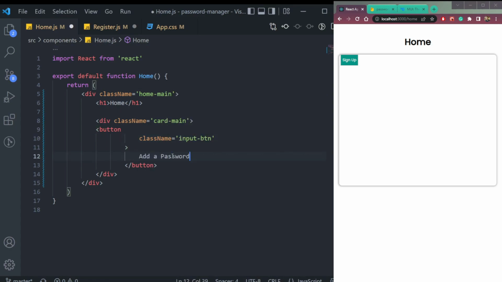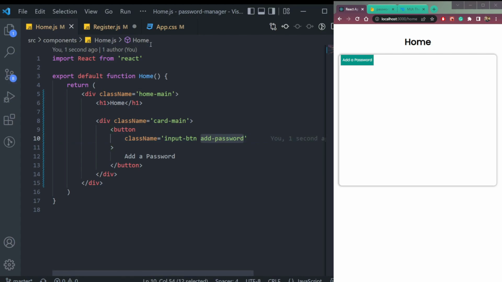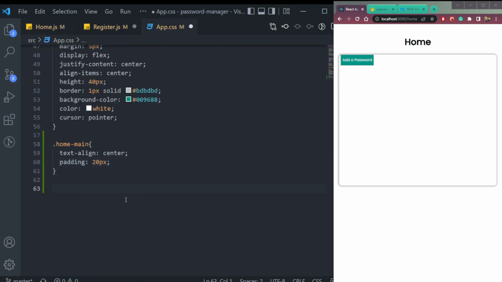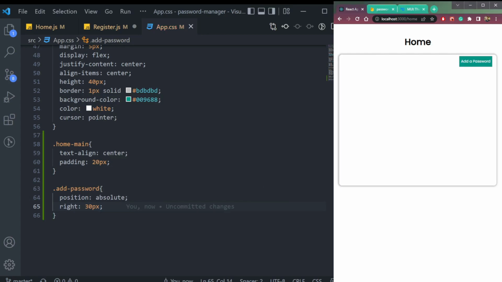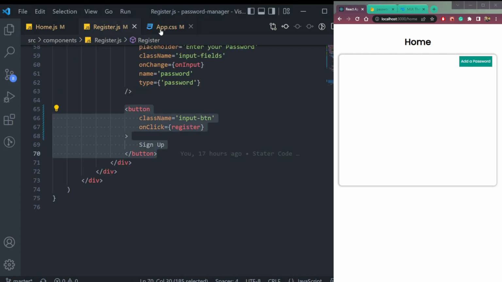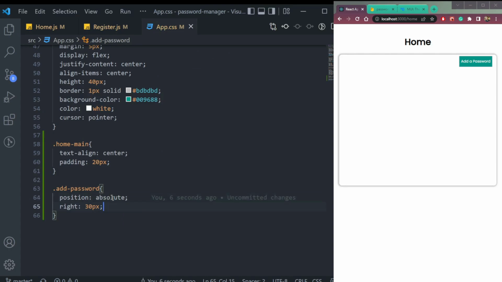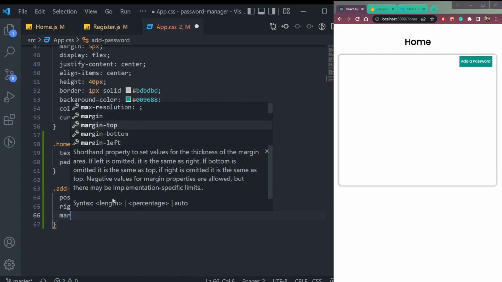Just make this as add a password. So format the code and let me add one more class. So add password here. So copy the class, add password, come here in the CSS, and we can say position as absolute and write as 30 pixels. Now it's on the right. So what else we can do? So we can say margin top as